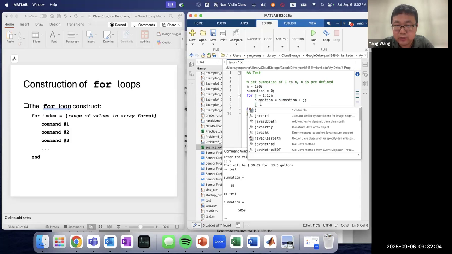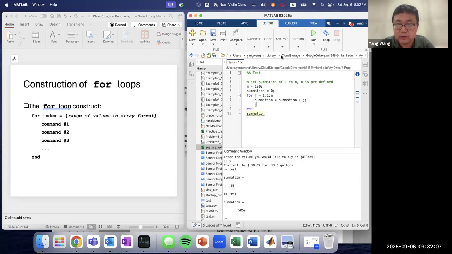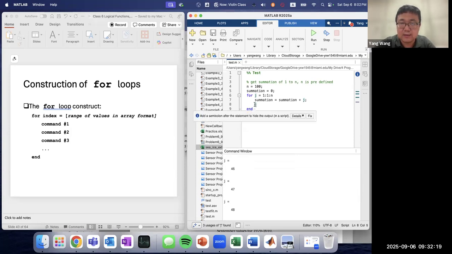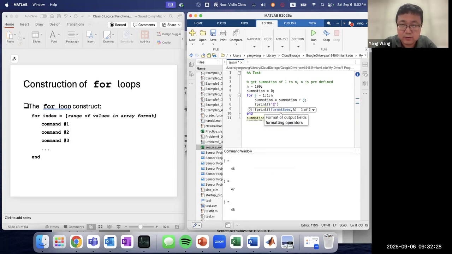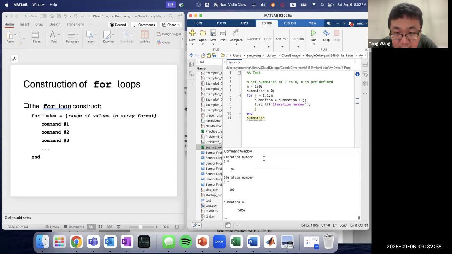So you can even show the loop running. You can output j. If you don't put the semicolon, you can output j, and you can see that j is being run through from this iteration, starting from 1, 2, 3, 4, 5, 6, all the way. You can even add, let's see, fprintf iteration number,